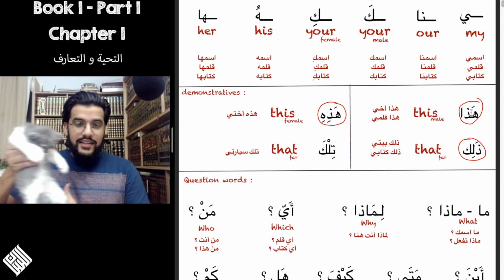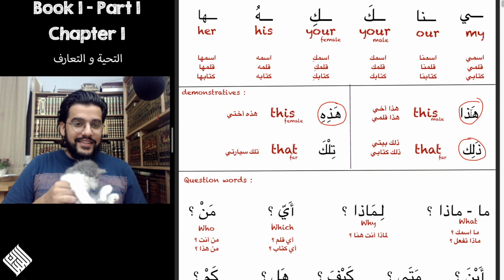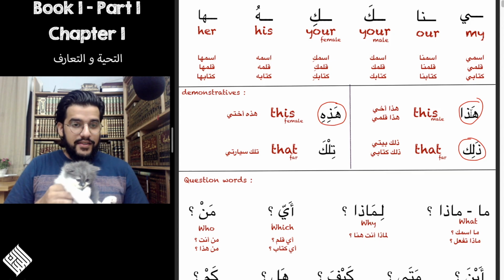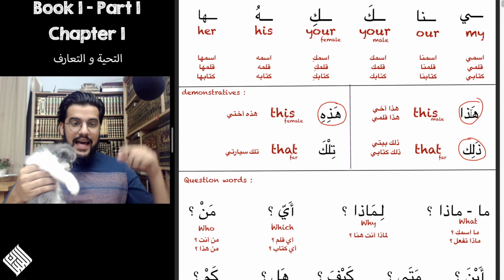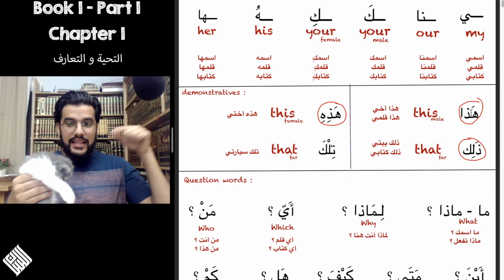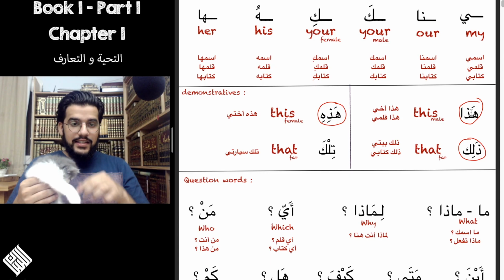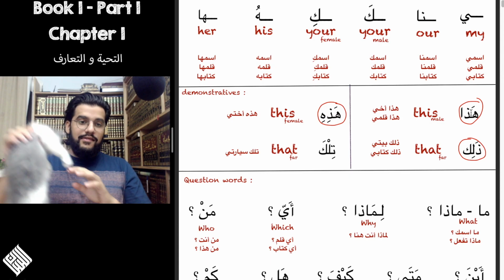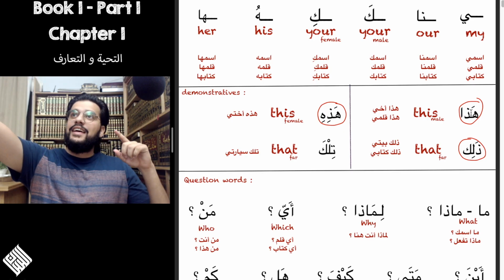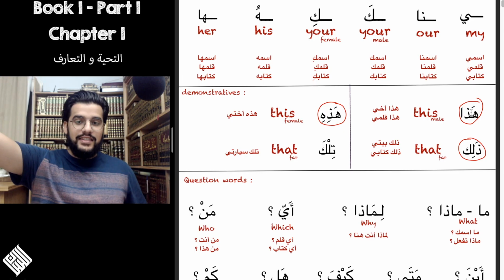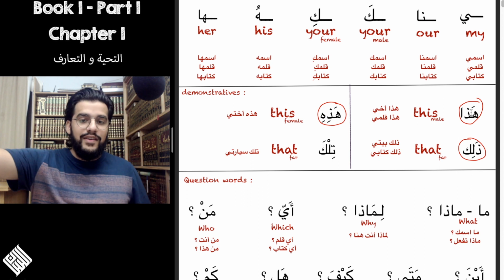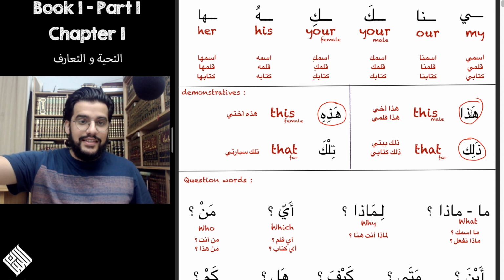For example, this is my قطة. The word قطة means cat and it's a female word. So I would say هذه قطة. هذه قطتي. This is my cat. And if she was far, then we say تلك قطتي. That over there is my cat.